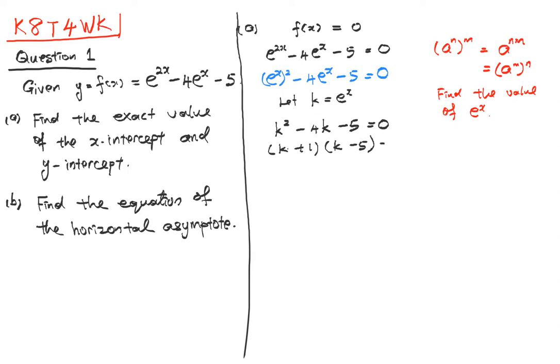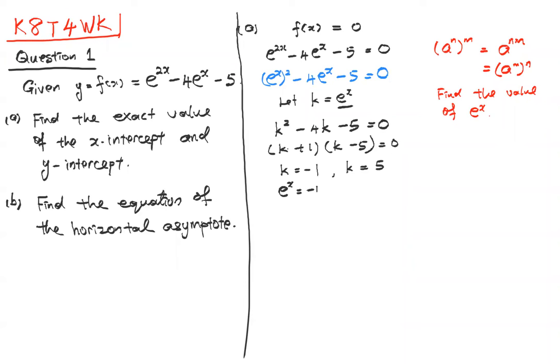Okay. So I have 2 answers, which is k equal to -1 and k equal to 5. What is k? I'm not interested in k. I'm interested in x, correct? So now I replace my k with x. That is, k is e to the power x